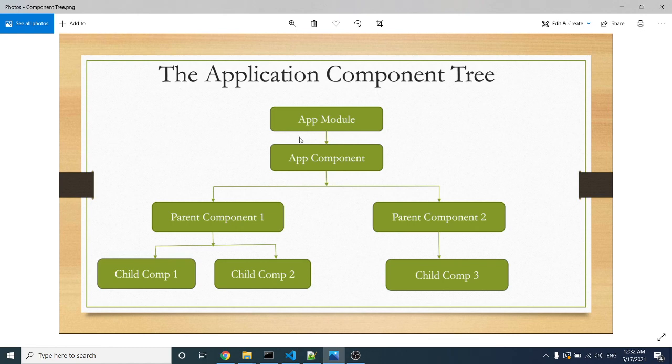When the Angular application bootstraps the app module, it will have a root injector and its own copy of providers. Each component or each module, submodule can have its own injectors and providers. They are limited to the module, so they have limited scope.